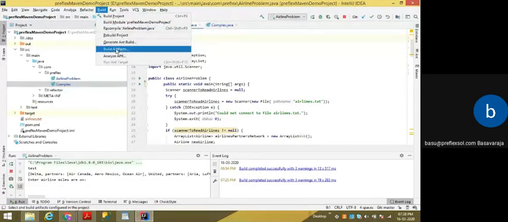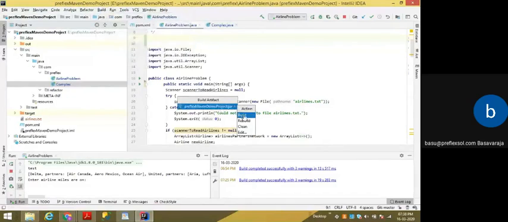For example, I want to create an artifact and I say build. So what will happen with this is automatically the jar file will